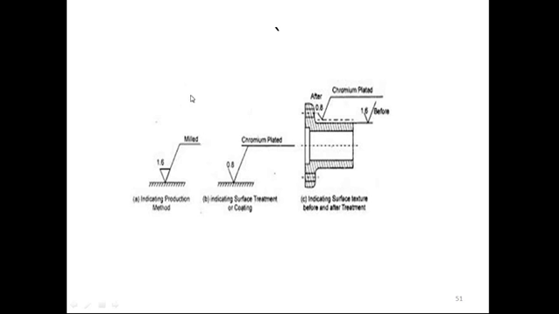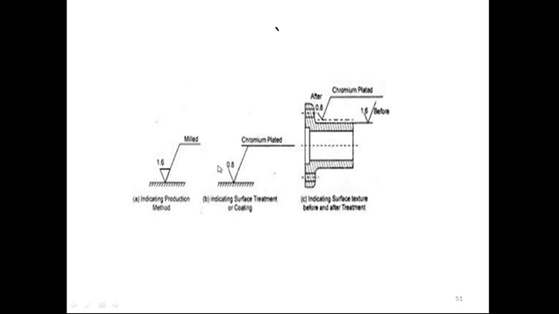Suppose you want to do grinding, you can write the grinding operation here, and we can put whatever Ra values you want, like 0.2 or 0.1, for a grinding operation. Suppose you want to do a turning operation, we can write turning here, and whatever Ra value we require, we put it here.